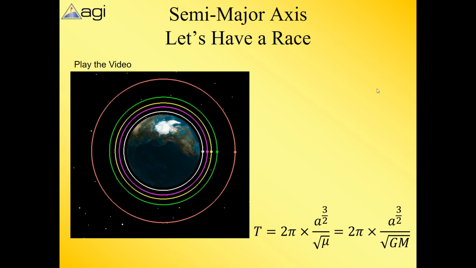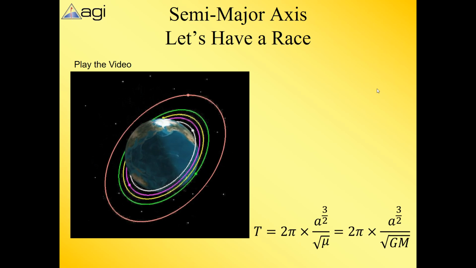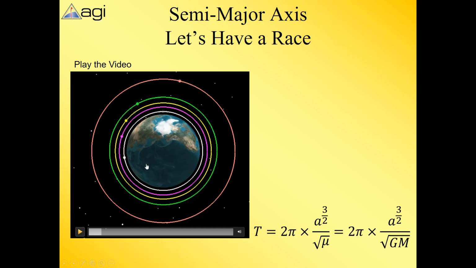Let's have a race. And here's the animation. Let's duplicate this. Of course, the period ends in 1 minute. So I'm going to leave this as your homework assignment. How about that? Can you scale the Earth to the orbits, build these satellites in STK,